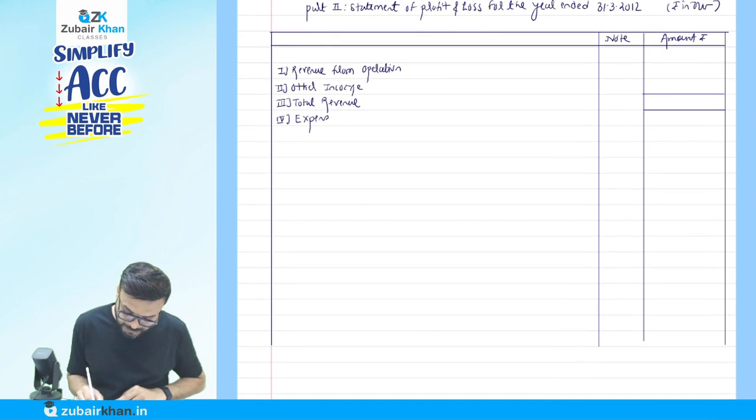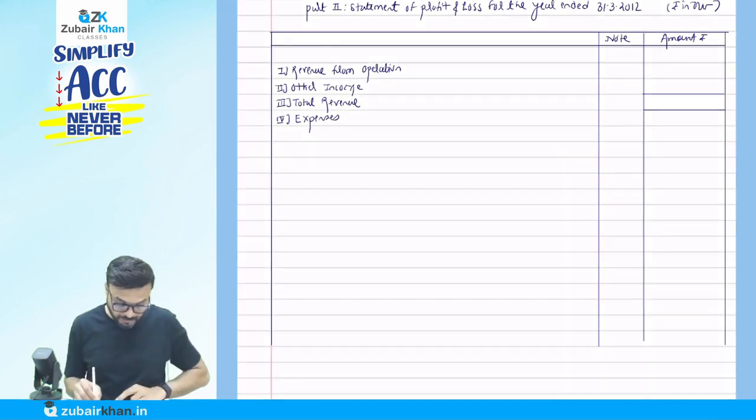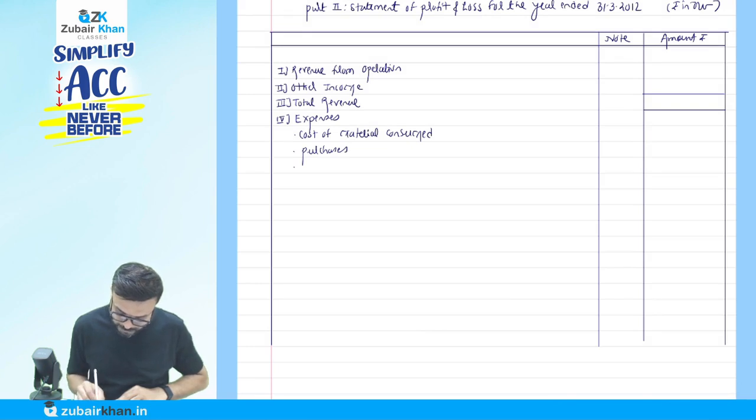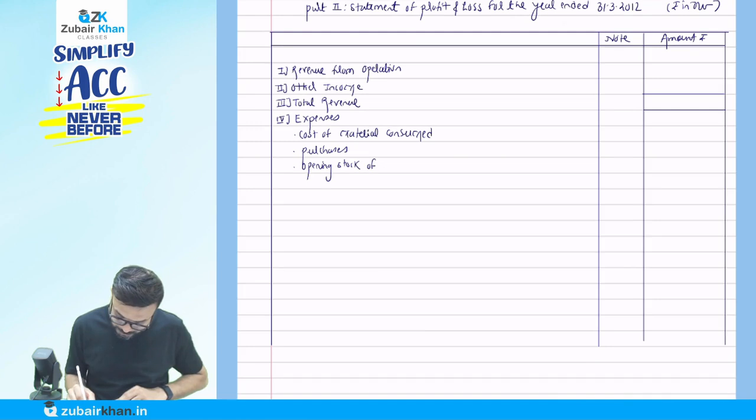We know that under expenses we have to write a total of 7 items. First, here write cost of material consumed, okay. Now purchases, then here opening stock of finished goods,